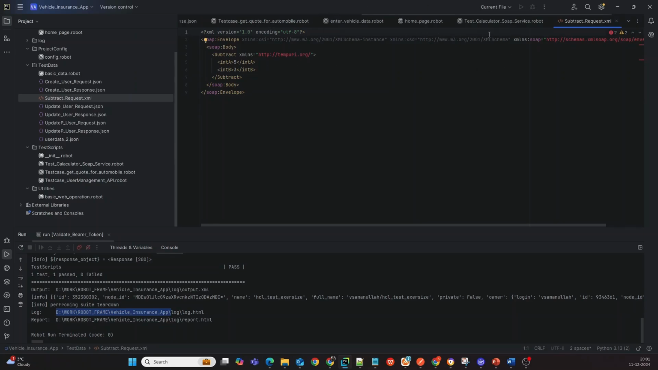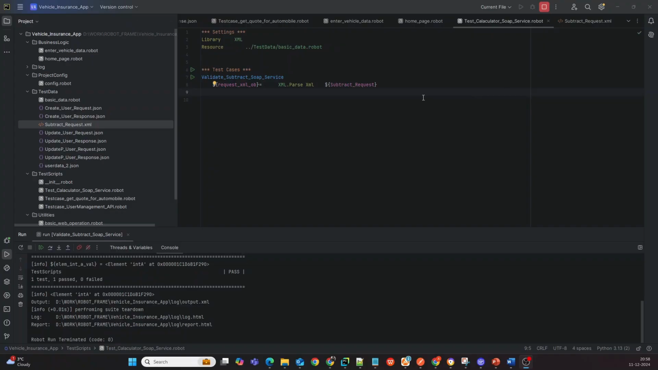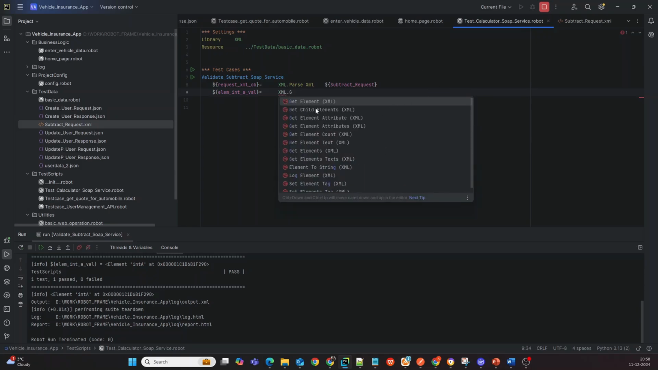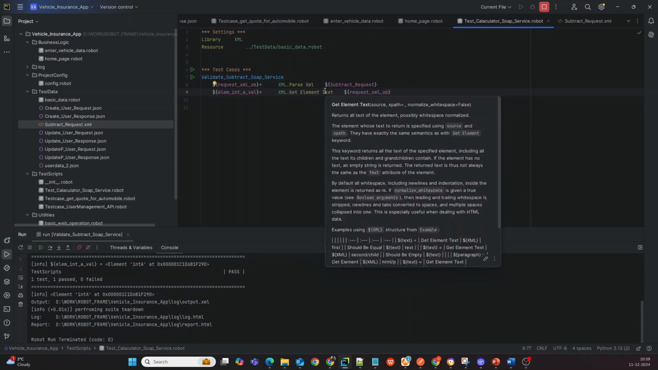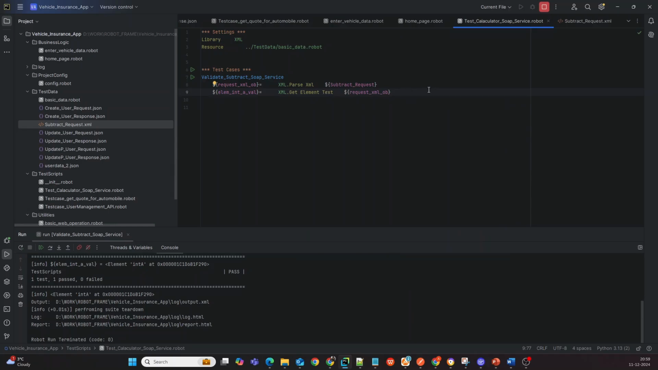And let us come back to my script. Let us try to get the element text. So I will have to use the keyword XML dot get element text. The source is the object and the XPath is the XPath. If you see the XPath here, it also takes the XPath, that is equal to dot dot slash,